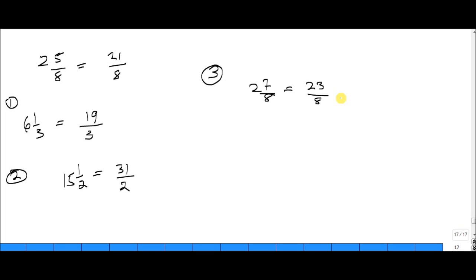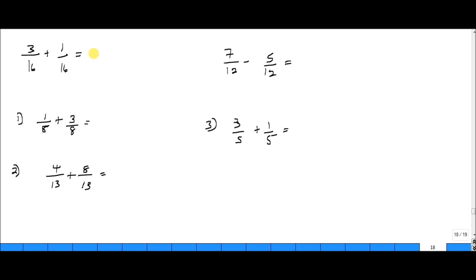That's it. To do it the other way around, while changing the improper fraction to a mixed number, we divide the numerator by the denominator and we write it as a fraction if necessary, or we write it as a whole number as the case may be. Now we turn to page 50, right? So we're at page 50,